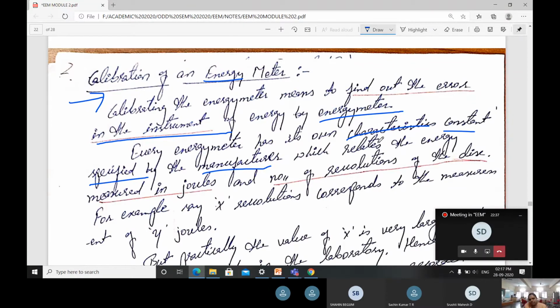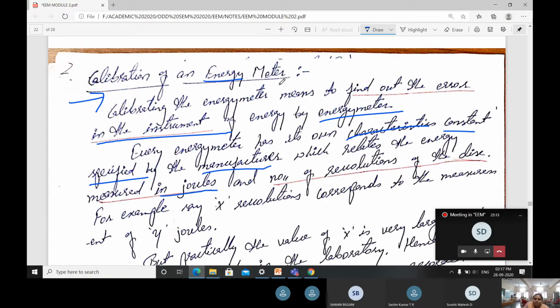because we can't say based on whether you use an analog device or a digital one. If you prefer a digital energy meter, you will almost always get an accurate result, but manually it's somewhat different. Analog meters give small errors. For that reason, it depends on how the manufacturers design it, which relates to the energy. It is measured in joules, and here a small experiment is done based on the number of revolutions of the disc.